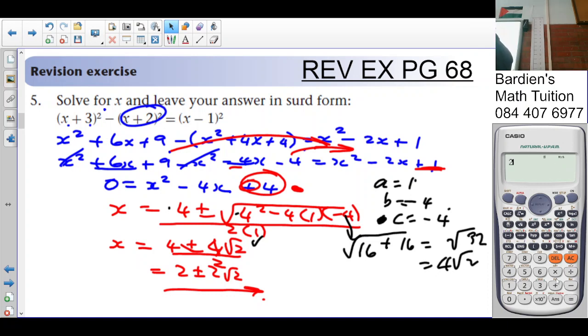So you got 2 plus 2 root 2. Okay? What's the answer in the book? So it's going to be answer plus 3, answer plus 3, squared